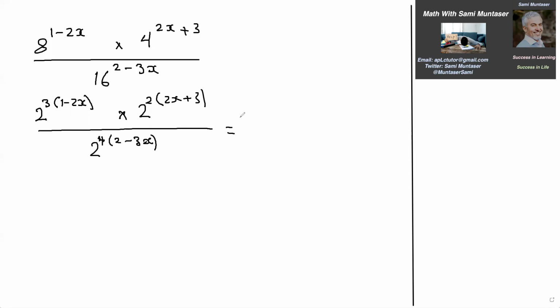But before we do that, I guess we have to do a little bit of simplifying. So now just distribute that into here and to there. You get 3 minus 6x times 2. That's going to give me 4x plus 6. And then on the bottom right here, we're going to get 2 to the power of 8 minus 12x. The top here is going to give me